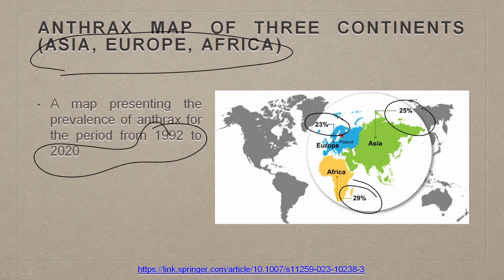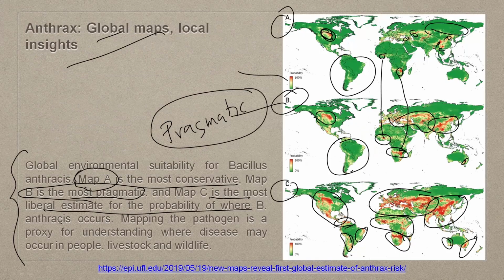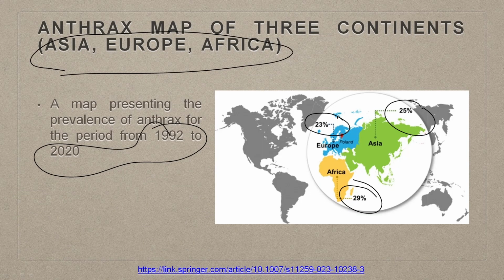And this is exactly showing the geographical scenario. These numbers are pretty high, to be honest with you. Now if you look at the previous map, when you talk about 25% prevalence, and Europe is almost the same,